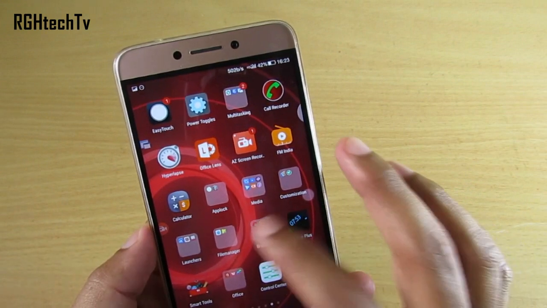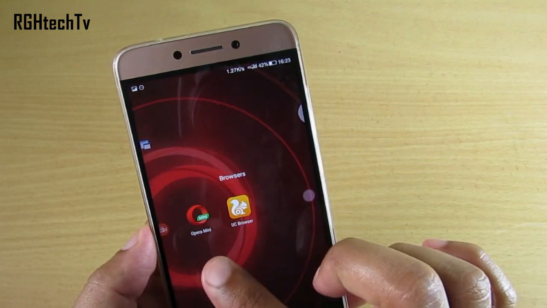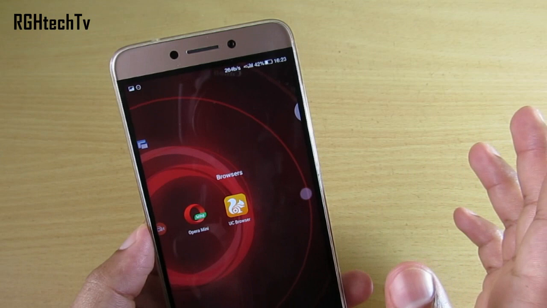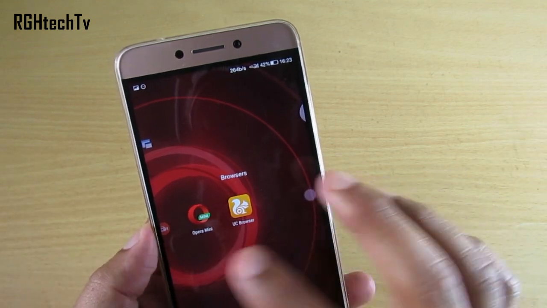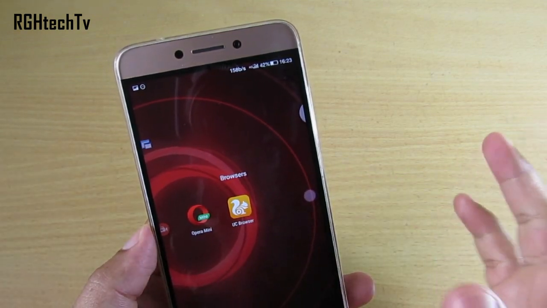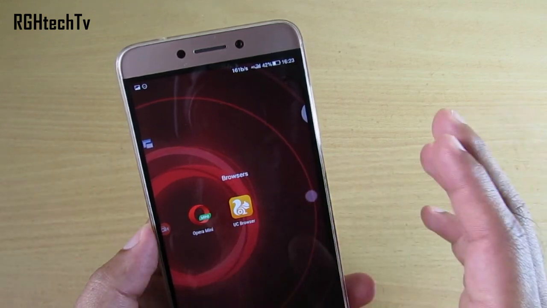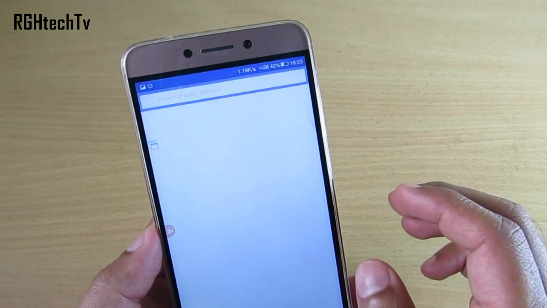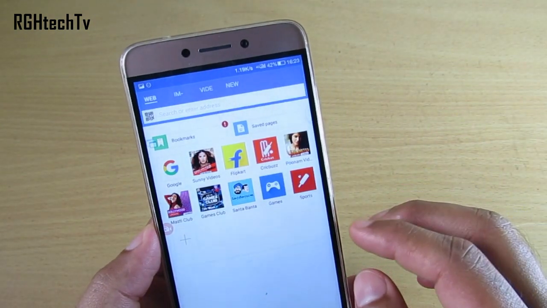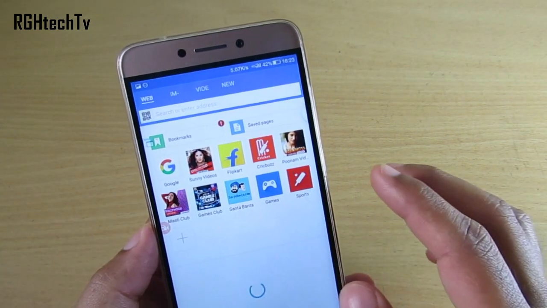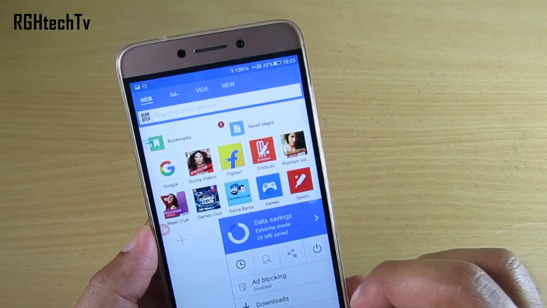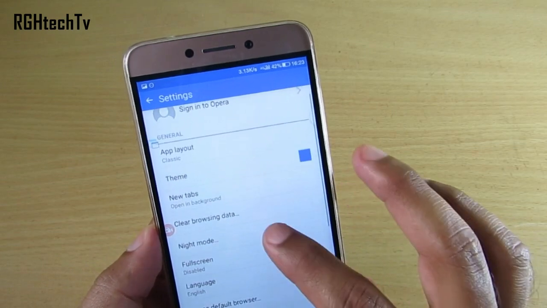Next, I want to speak about browsers. If you're not happy with Google Chrome for some odd reason, you can use Opera Mini. It compresses the data, so it saves a lot of data, and second, it has night mode enabled in it, which is a very good thing. If you go to settings, I'll show you that. So here you have night mode,